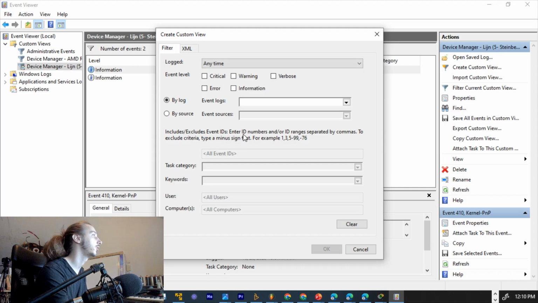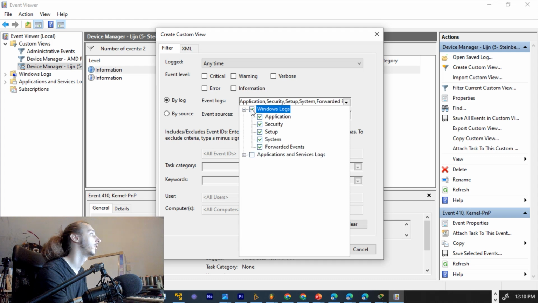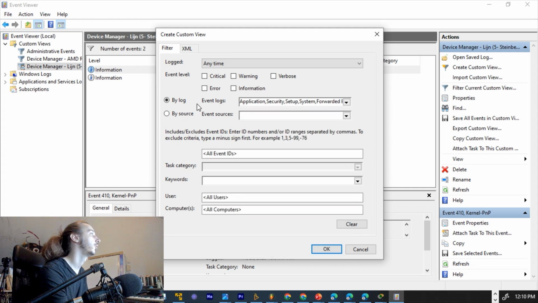Includes or excludes event IDs: enter ID numbers and or ID ranges, separated by commas, to exclude criteria, and so on. Critical, warning. I'm not currently getting this to be turned on. I can probably do that if I just turn that on. So if I now want to find certain keywords, or if this is available, a category, a certain user on my computer, which computer, if I have multiple computers connected,